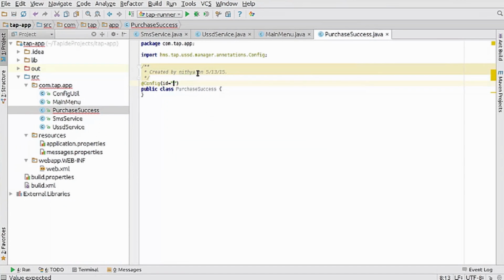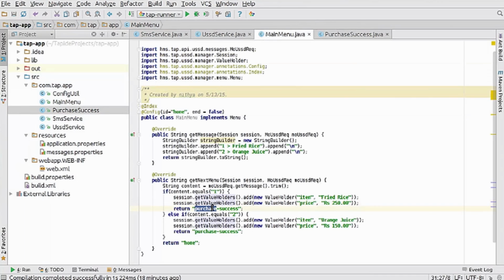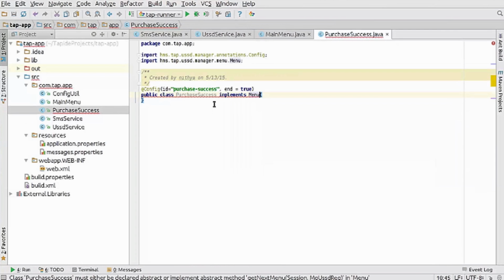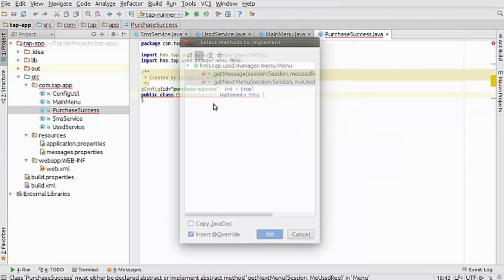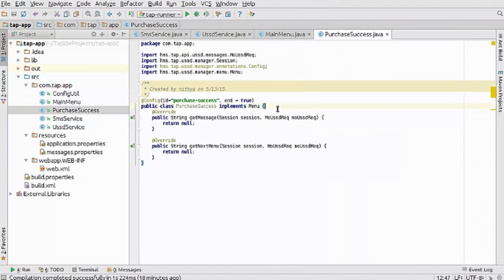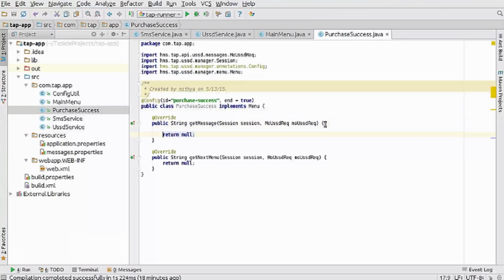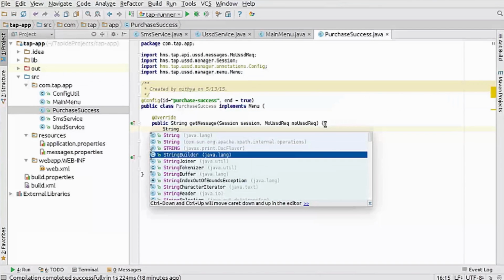So the ID of this menu should be the same as the return value of the main menu. And since this is the end of my USSD flow, I'll specify the end as true, and I'm gonna implement this. This should be implemented from the menu interface as well, and should implement the methods as well. So the message, again, I'm gonna have a string builder,